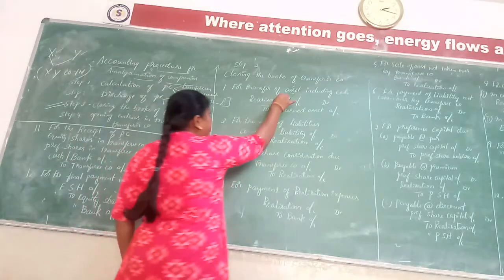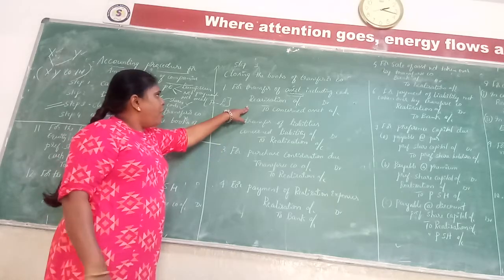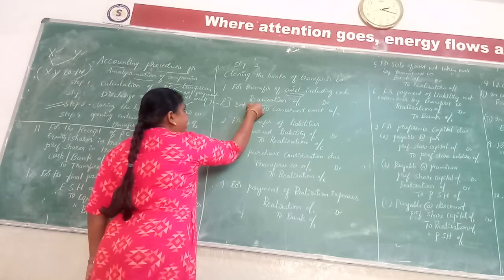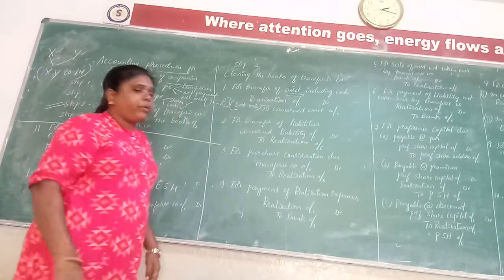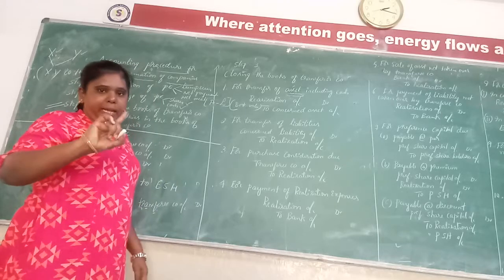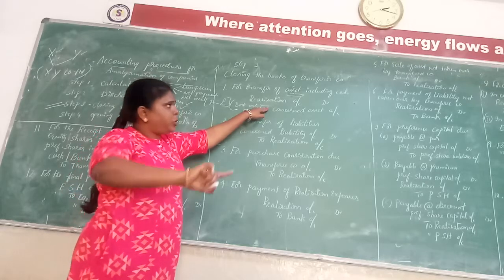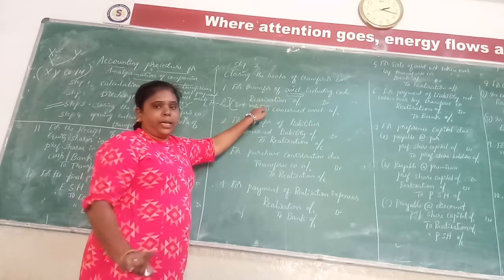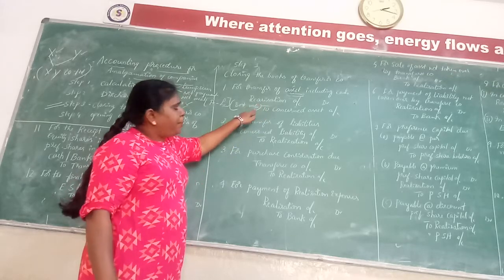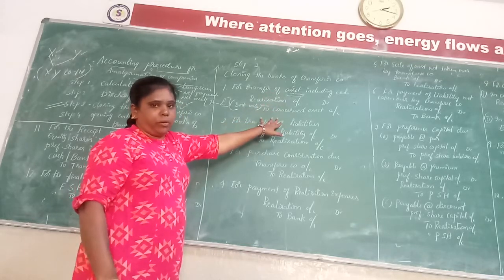This is very important. First, you have to enter all assets in the realization account at book value. Remember, in the realization account you are going to enter all assets at book value. If any asset is not taken over, you pass it to the realization account. If cash is not taken over, don't transfer it to the realization account. Excluding cash, if any asset is not taken over, you need to pass it to the realization account. This is the first entry.